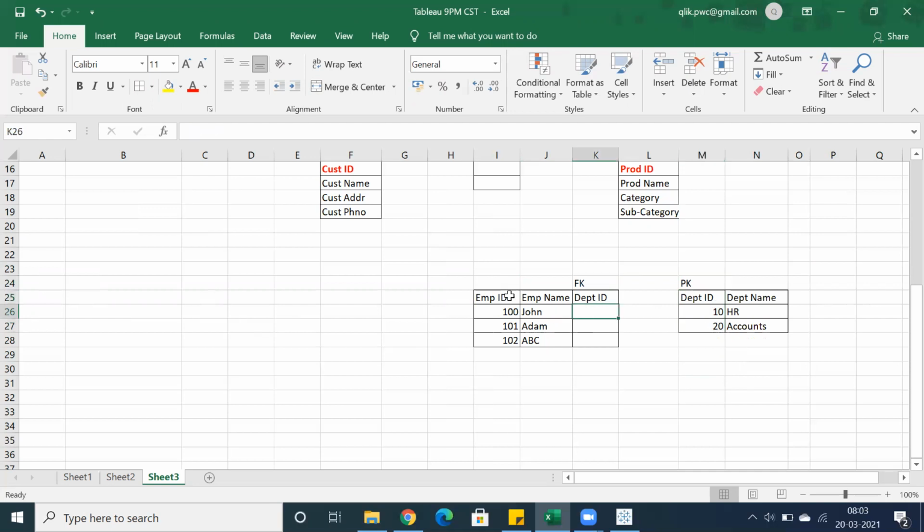But now I want to know the employee department information. If you have a common key column, you can also use employee ID here to get a relationship, but I'm using department ID. So let's say John comes under the HR department. Adam is also HR, and we do have 20. Let's say I'm going to add a couple of records here.